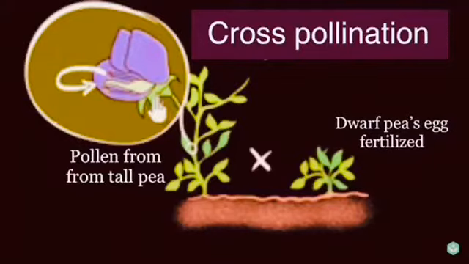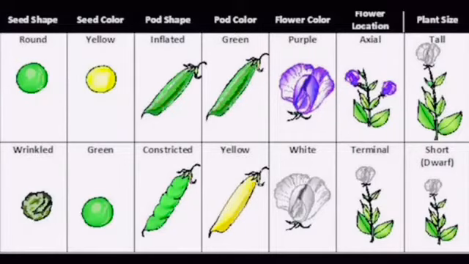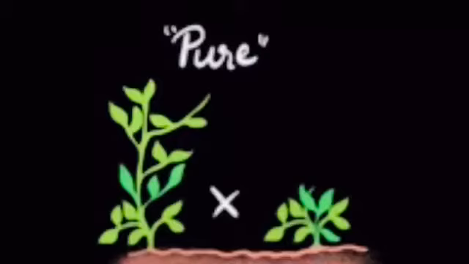So, taking one trait, for example, the height of the plant. He tried with the color of the flower, the shape of the seed, color of the seed, the position of the bud in the pea plants, somewhere axial, somewhere terminal, like that. He tried with various traits. But remember, for the first experiment, for getting the monohybrid ratio, he focused only on one trait at a time.